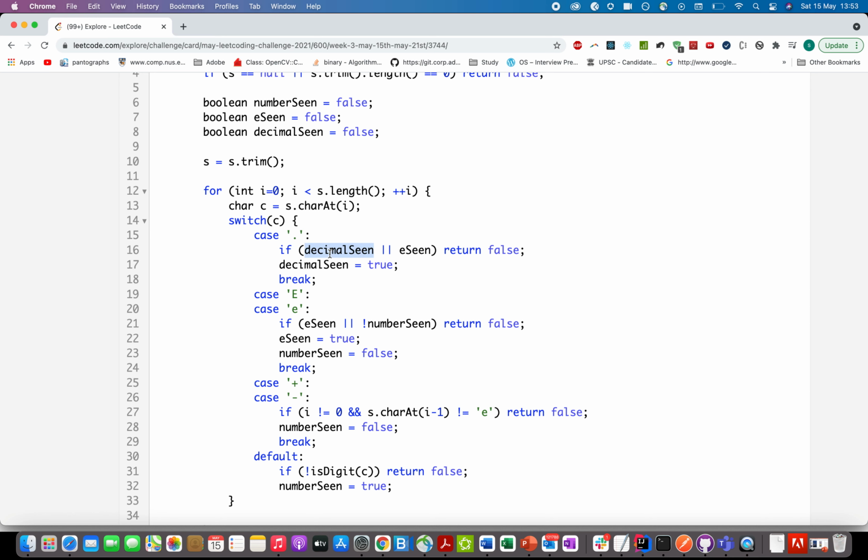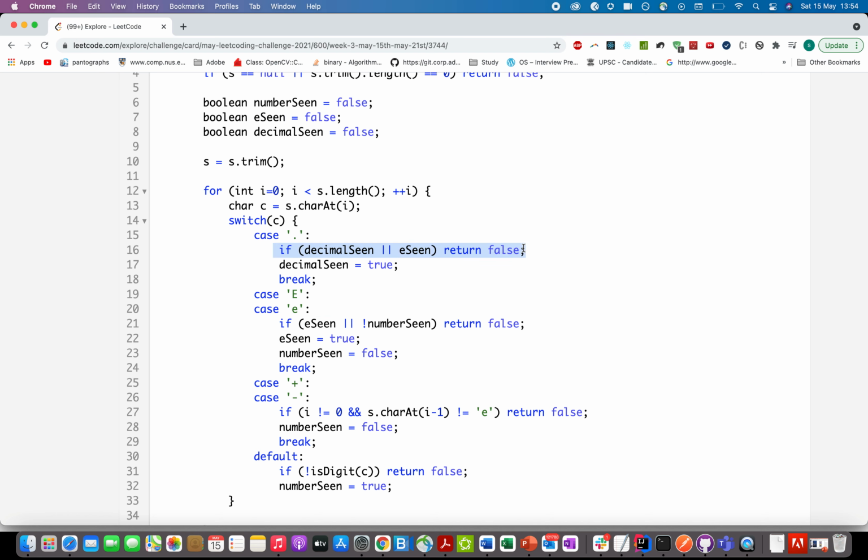If you have already seen a decimal point in the past, or you have already seen the exponential part, you need to return false, because more than one decimal cannot exist in the same number, and an exponential number cannot have a decimal in between, so we return false from it.